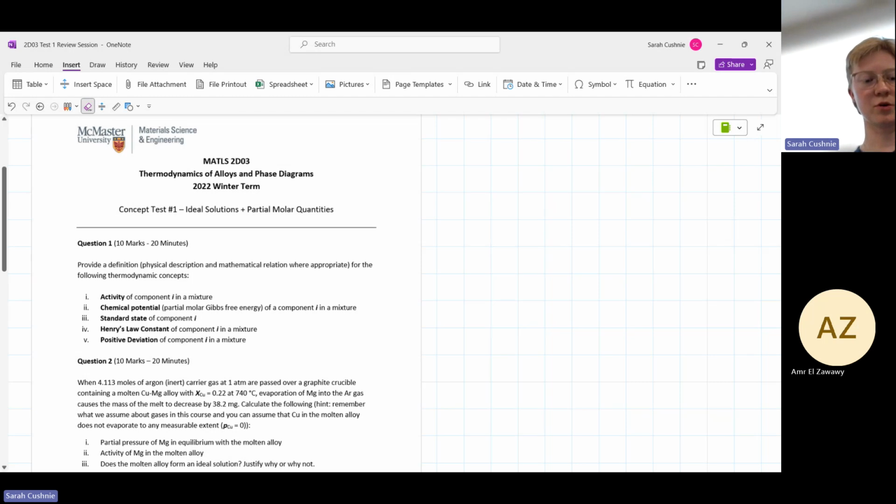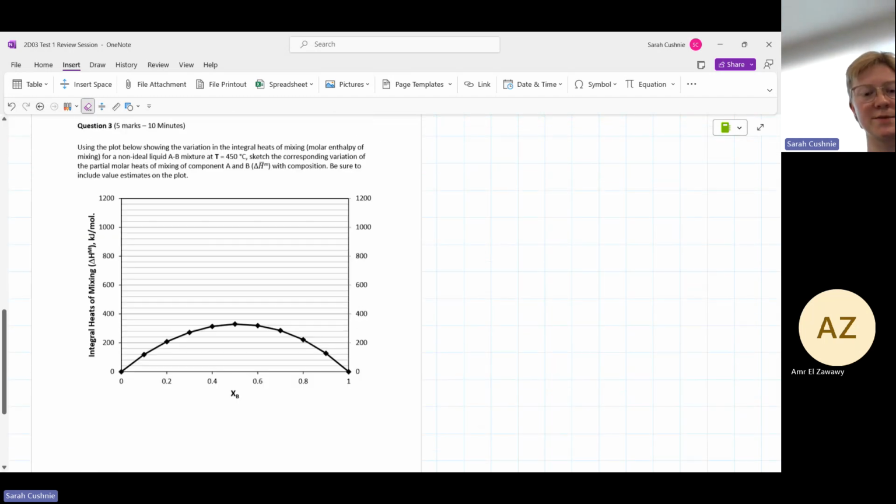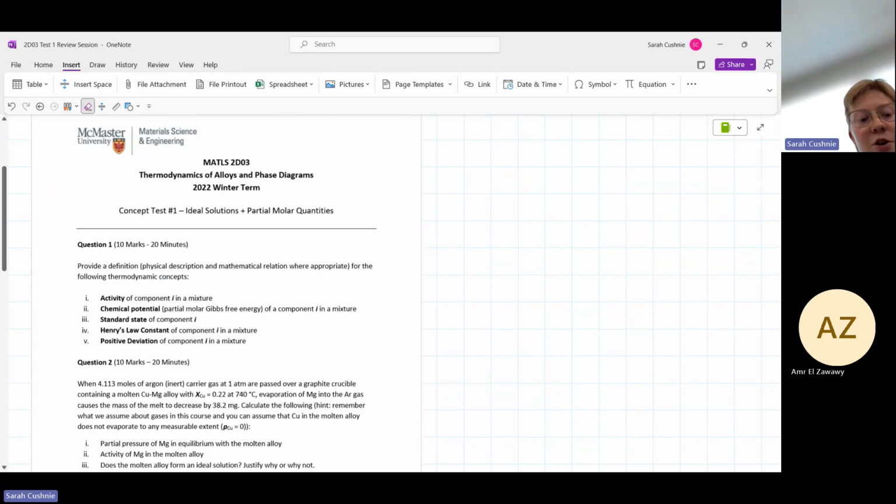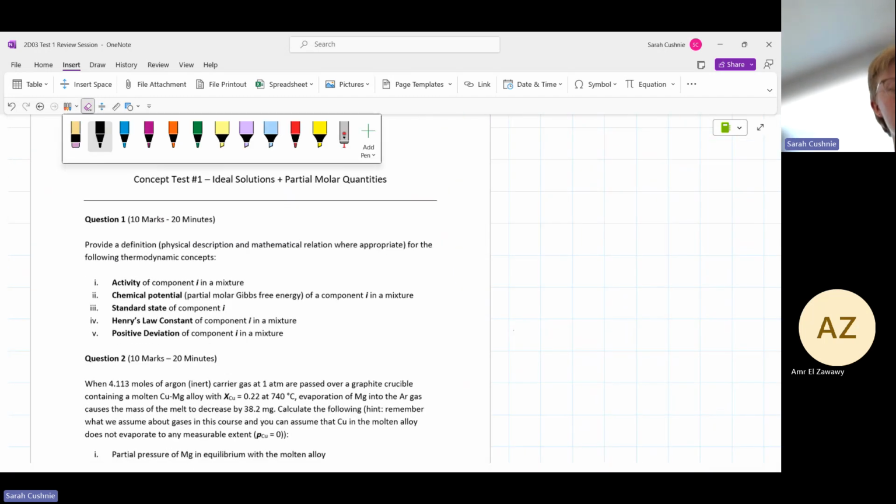Okay, so I believe this test was meant to be for 50 minutes. I think we were given 2 hours, because it was our first in-person midterm ever. So was it our first in-person test ever? Maybe. I think so. Anyways, I don't know how long it actually took me, but the point is, however long it takes us, it shouldn't be too bad. It starts off with some definitions.